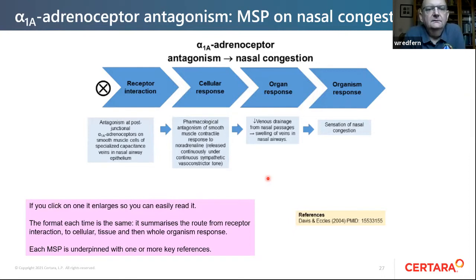And that organ response reduces venous drainage from the nasal passages, causing swelling of veins in the nasal airways, and then the sensation of nasal congestion. And then there's a reference backing this up. So in a matter of seconds, really, to read that, you've got a very precise overview, which is consistent across